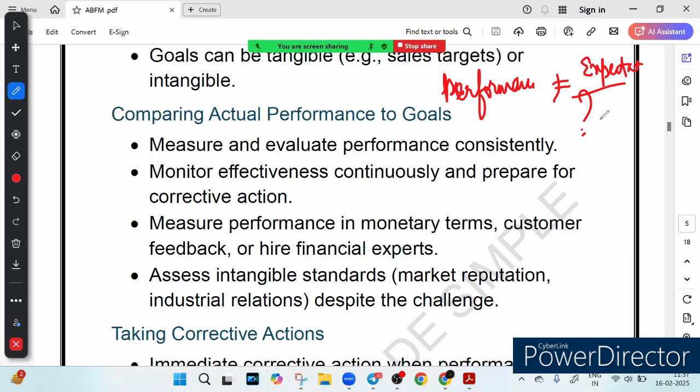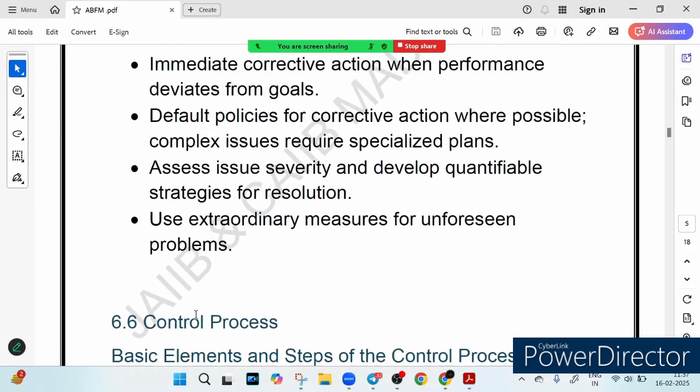What we learned is that, just like tracking your weight loss progress after setting a gym goal, business must constantly check results and analyze gaps. Now step 3 is to take corrective action, right?